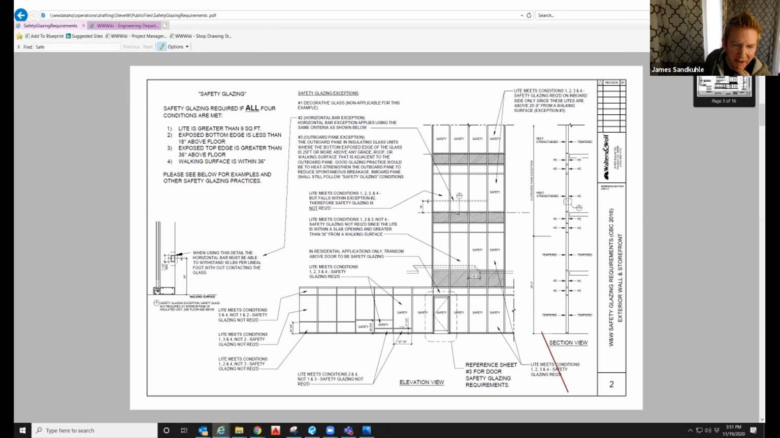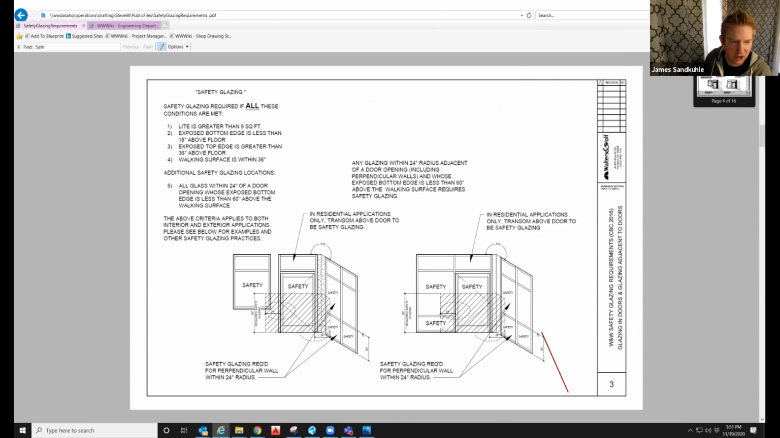Exception 2 is if there's a horizontal bar interrupting the height, kind of like a handrail that could withstand 50 pounds per lineal foot. You don't have to safety glaze that. But all this is explained in the manual. Then we have examples down here of why you would safety glaze something and why you wouldn't, like the exercise we went through earlier. The next sheet talks about the doors that we went through,